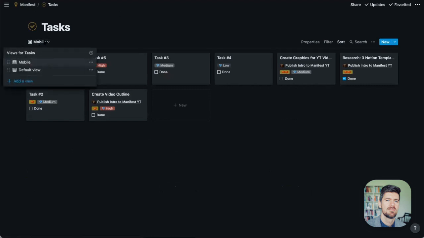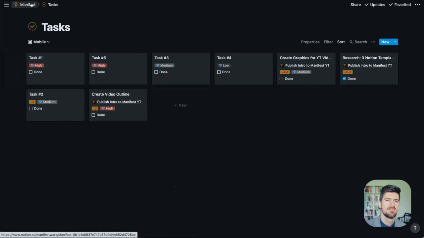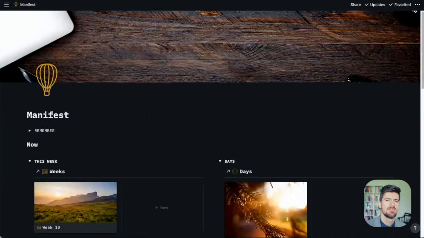So this current view I'm working on setting up mobile views for each of these databases just to default to that when you're on the Notion app so that you kind of edit out all the stuff that's not necessary and you just want to make quick edits on a task or take a quick note, things like that. Would be one example of customizing that view.